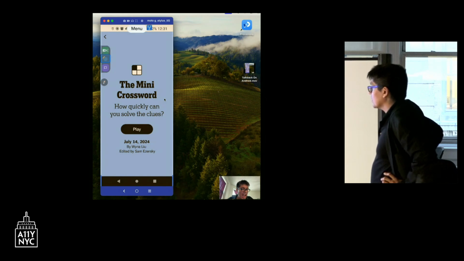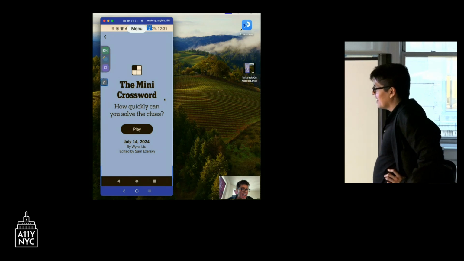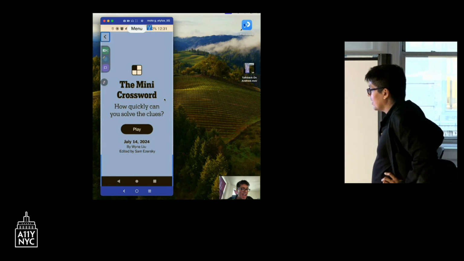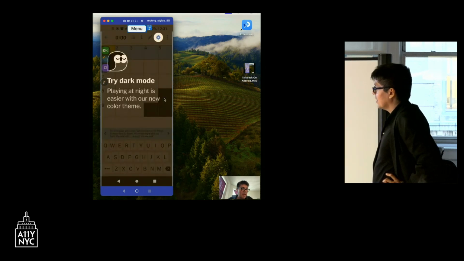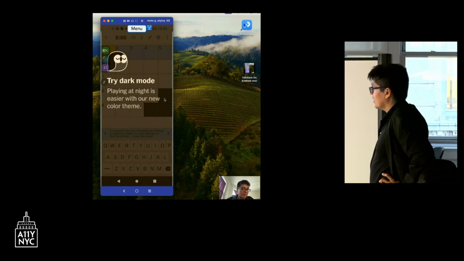So this is me attempting to play the crosswords. I don't know how well this went, to be honest, but I did my best in the short time that I had to record this. I was able to use my facial gestures to get to the crossword screen. With that smile, I was able to open the game.